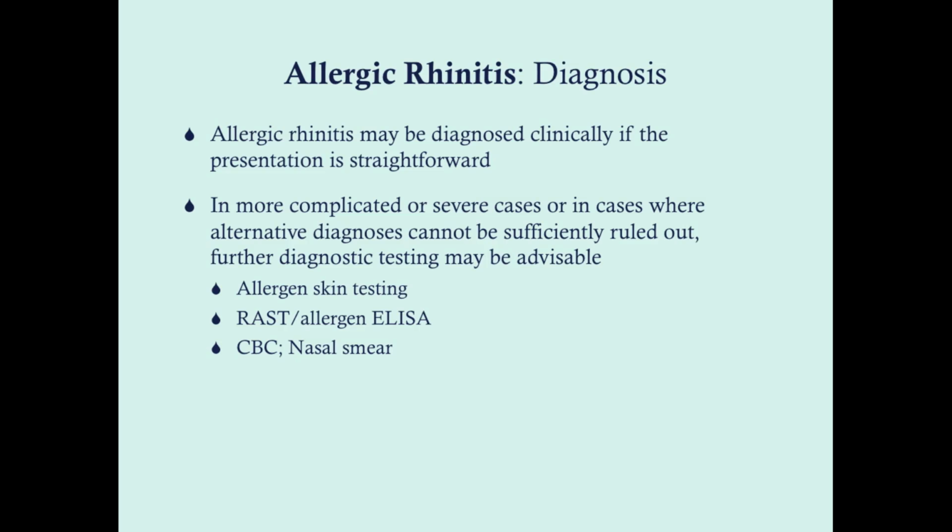What do we do for diagnosis? So this is typically a clinical diagnosis. As long as it's a very straightforward presentation, you can make the diagnosis clinically and jump right to treatment. However, in more complicated or severe cases where alternative diagnoses can't be sufficiently ruled out, you can do diagnostic testing